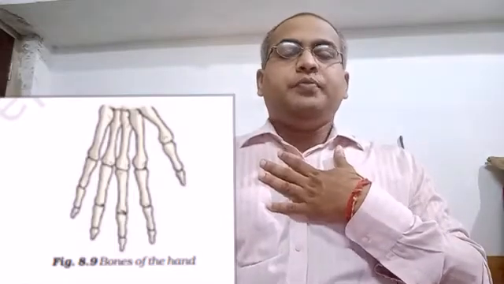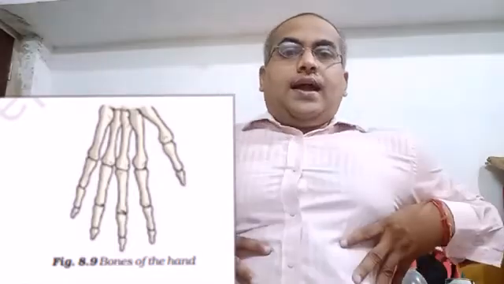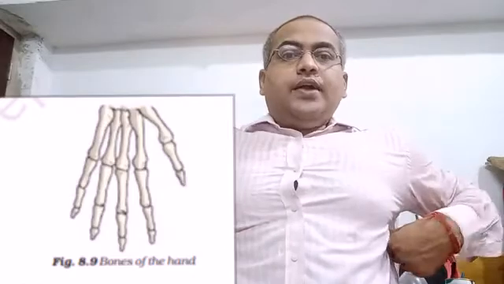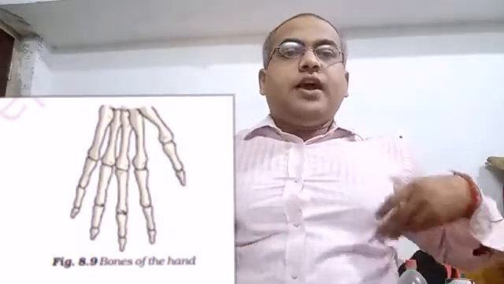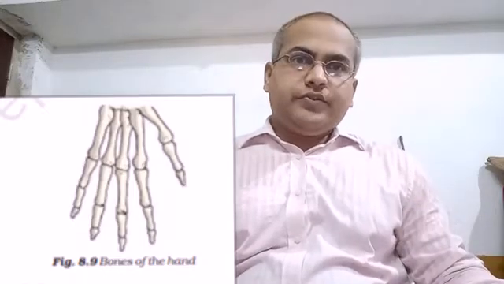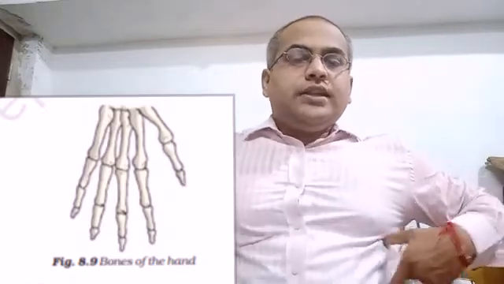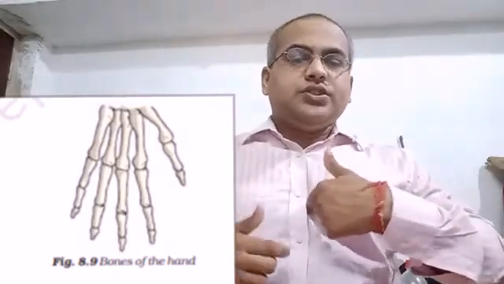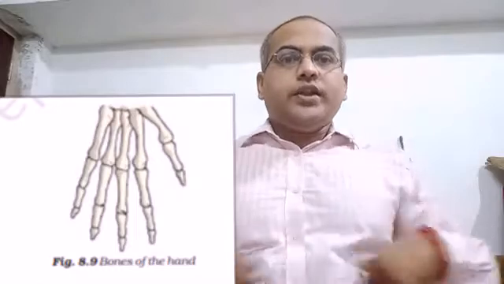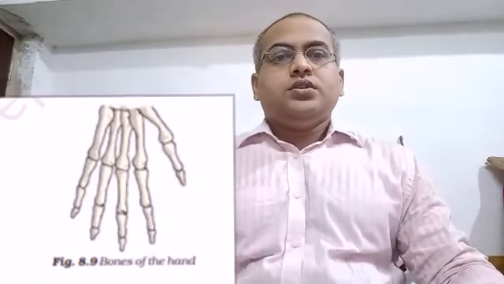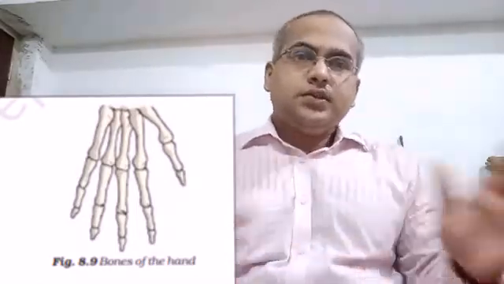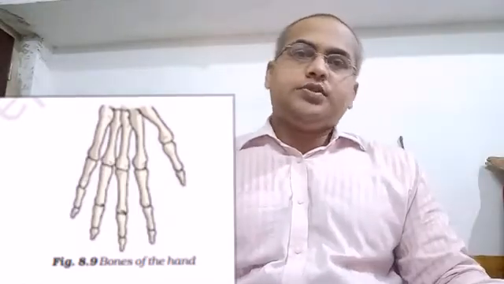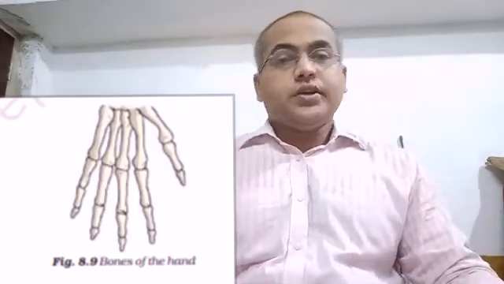If you take a deep breath and hold it and try to observe the ribs, you will find there are 12 ribs. On the downside there are 5 ribs which are floating. They are not joined with the sternum or backbone, but they are floating. Okay, so here is a little description about the ribs and the rib cage.